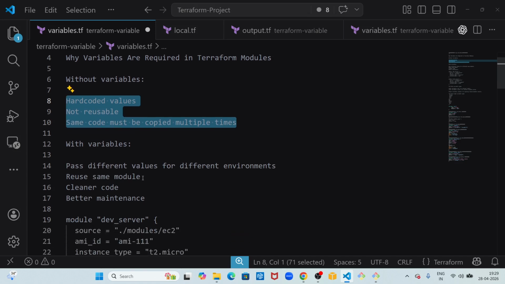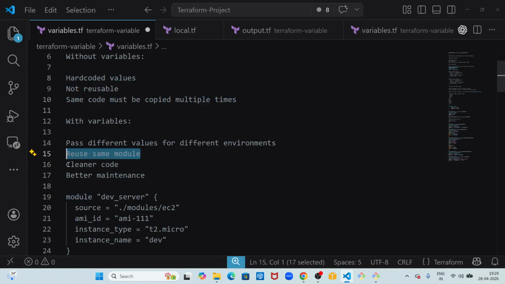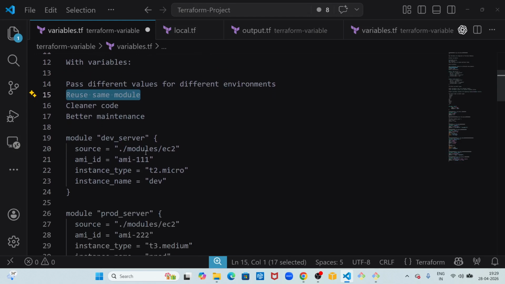With variables, you can pass different values for different environments, reuse the same module, and get cleaner code and better maintenance. I'm just giving one example here. Suppose there is a Terraform module. In a later video, you can see the Terraform module and all. For the time being, suppose this is the module. That module is designed to create EC2 instances. The same Terraform script I can use in the dev environment by specifying the